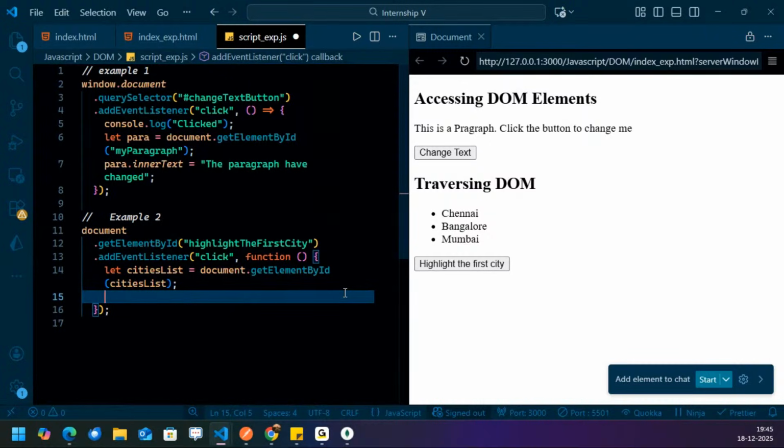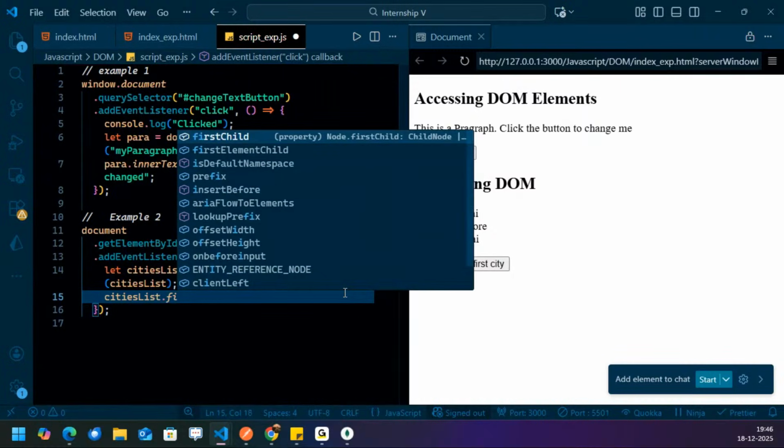Imagine over here, the imagination will be helping in web development. So first of all, what you did is select the UL tag, correct? In the UL tag, when you select, you have to go to the first element. In that first element, you have to add a class value. So you can write cityList dot first